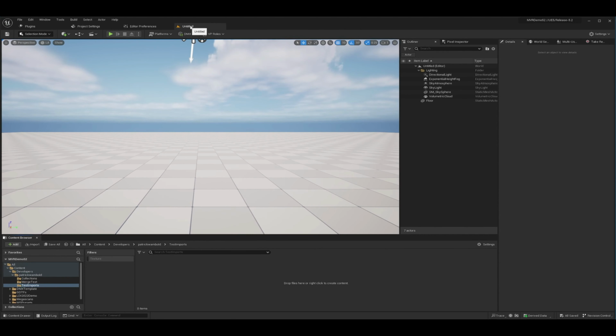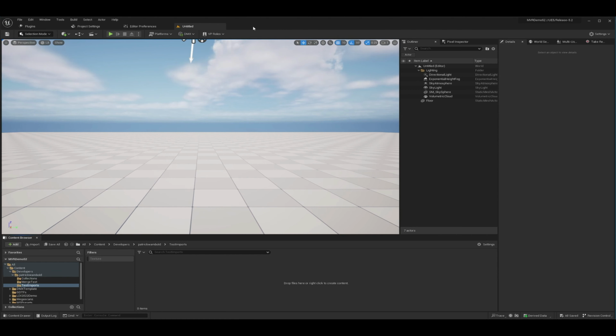DMX from the engine. We also have this little bar up here at the top that will give you access to a channel monitor, an activity monitor, the patch tool, and new as of 5.2, an update to what we used to call the output console, which is now the control console. Right now I don't need these specifically, but you can also disable or enable DMX on more of a global level if you need to turn it off for things like take recording or different scenarios. And so once we go to import this MVR, we'll show you a little bit how the ports play into the DMX library.